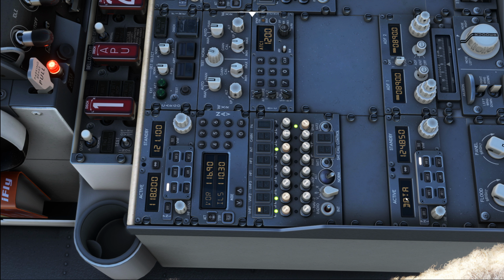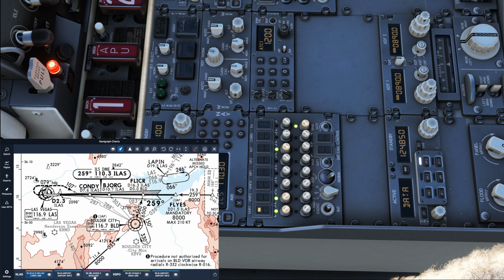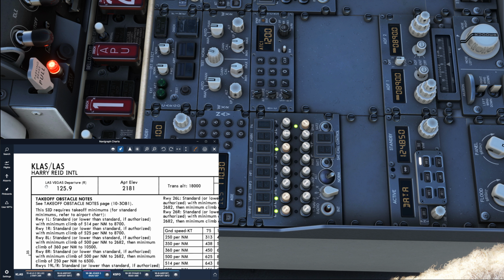And we're going to tune that active. The standby over here can very well be used as a reminder for your departure frequency. So we are going to do this, having a look at the departure chart, Joker 3 departure, and we can see Las Vegas departure is on 125.9. So what I'm going to do is I will dial 125.9 into here and keep it on the standby,